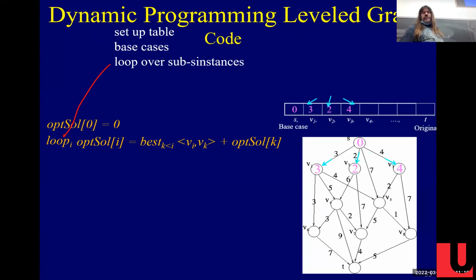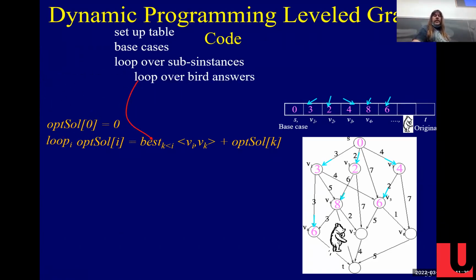So here we're filling in some of these instances so far, and now we're ready to solve this one here, right? And when we solve this one, what we do is we loop over the bird answers. So here I'm looking at every edge from